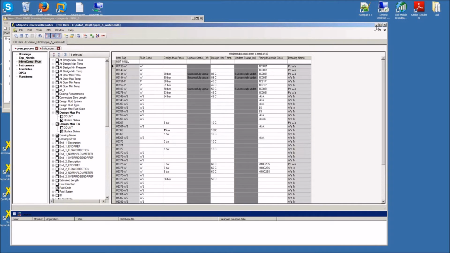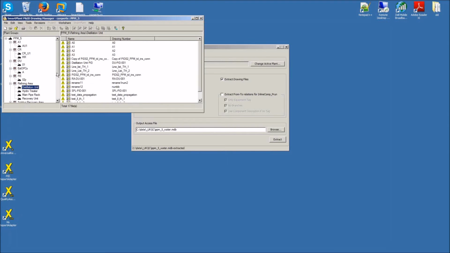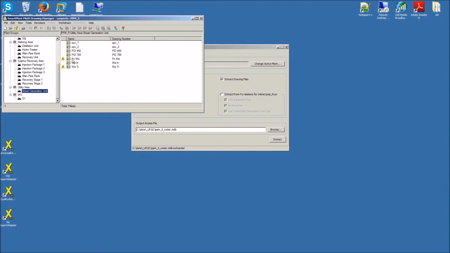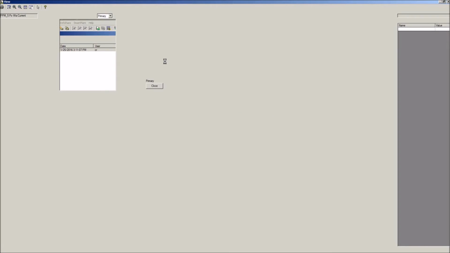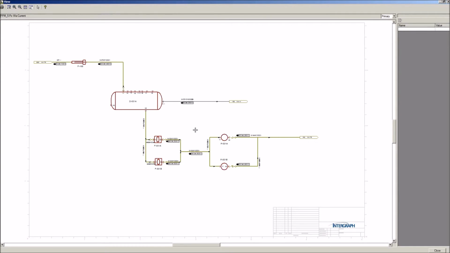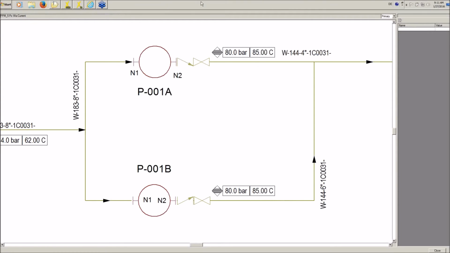What we are going to do now is have a look in Drawing Manager and use the yellow triangles. So first of all, we are going to look at the actual status and just view the file. And I'm going to go closer down here where you can see the 80 degrees and so on. And in a second step,